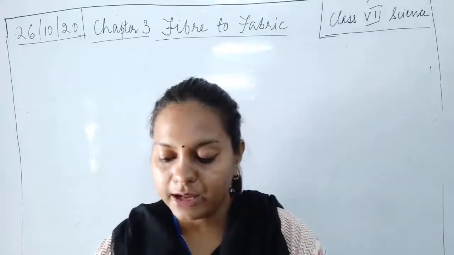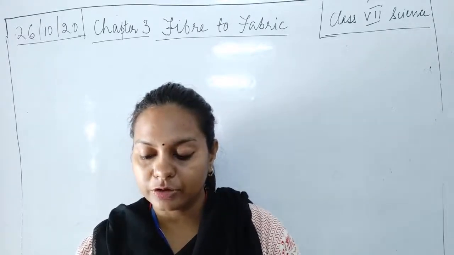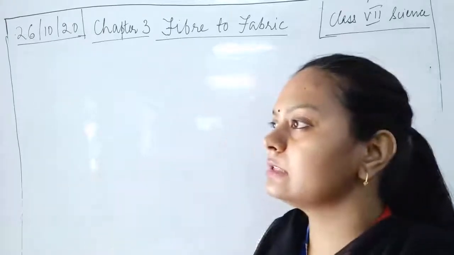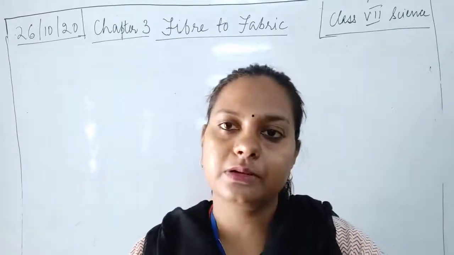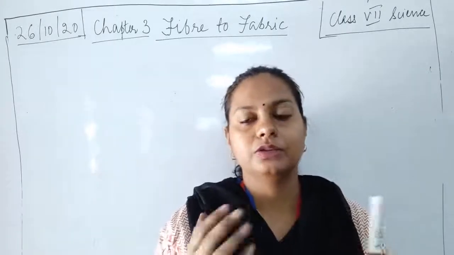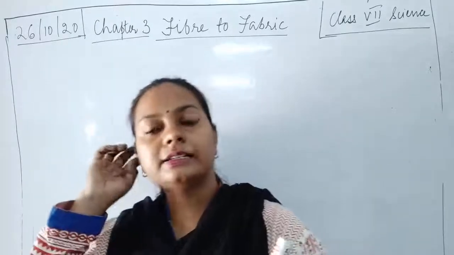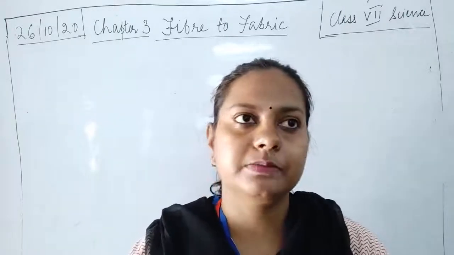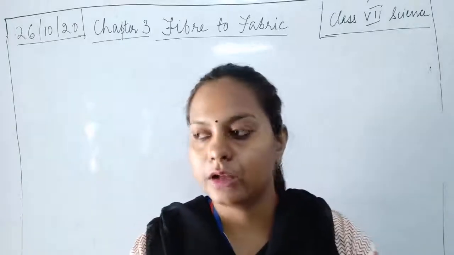Now Bujo is wondering why cotton garments cannot keep us as warm in winter as woolen sweaters do. The reason behind this is very simple: the sweaters are made up of fibers, and fibers of wool have space in between. Now if they have space in between, they are going to trap air. The air is a bad conductor of heat, or we can simply say it is an insulator. It helps in insulating the body of the animals.